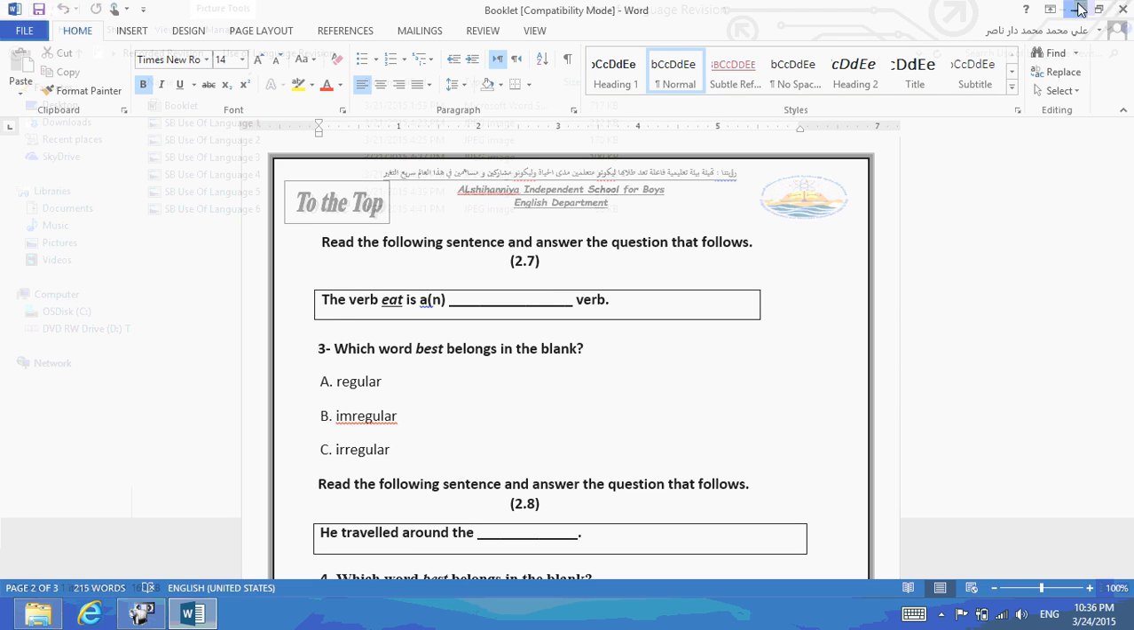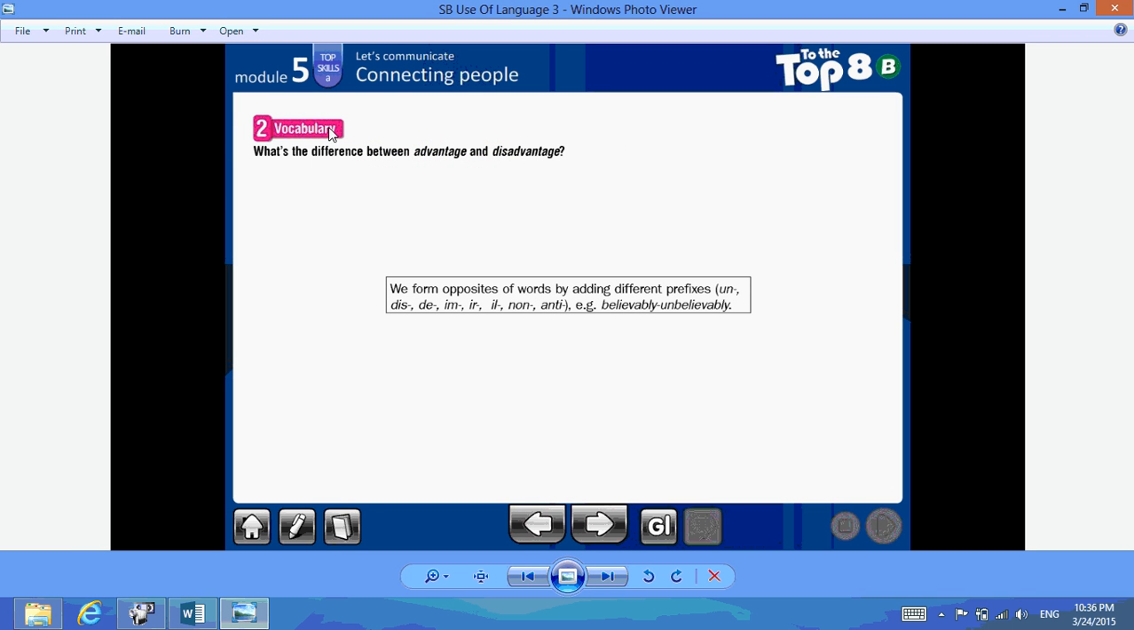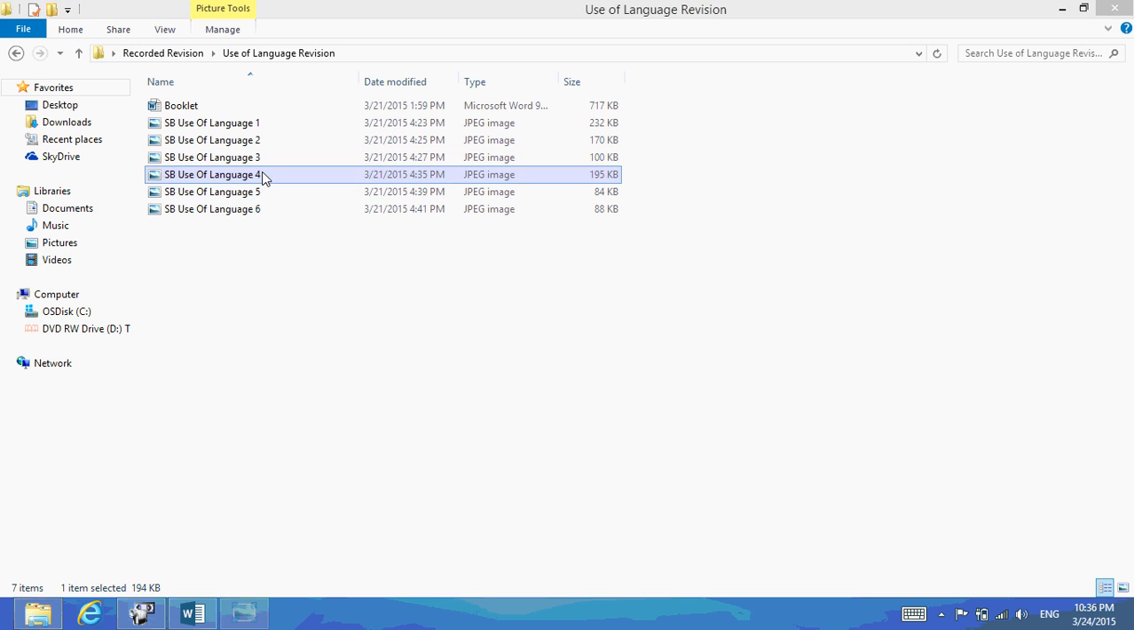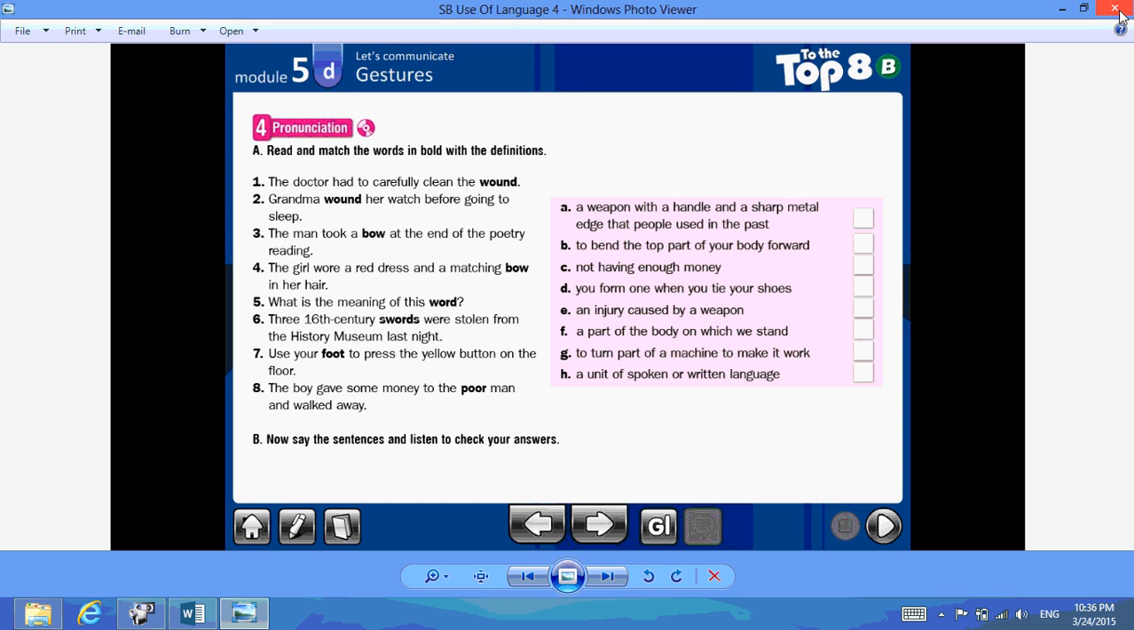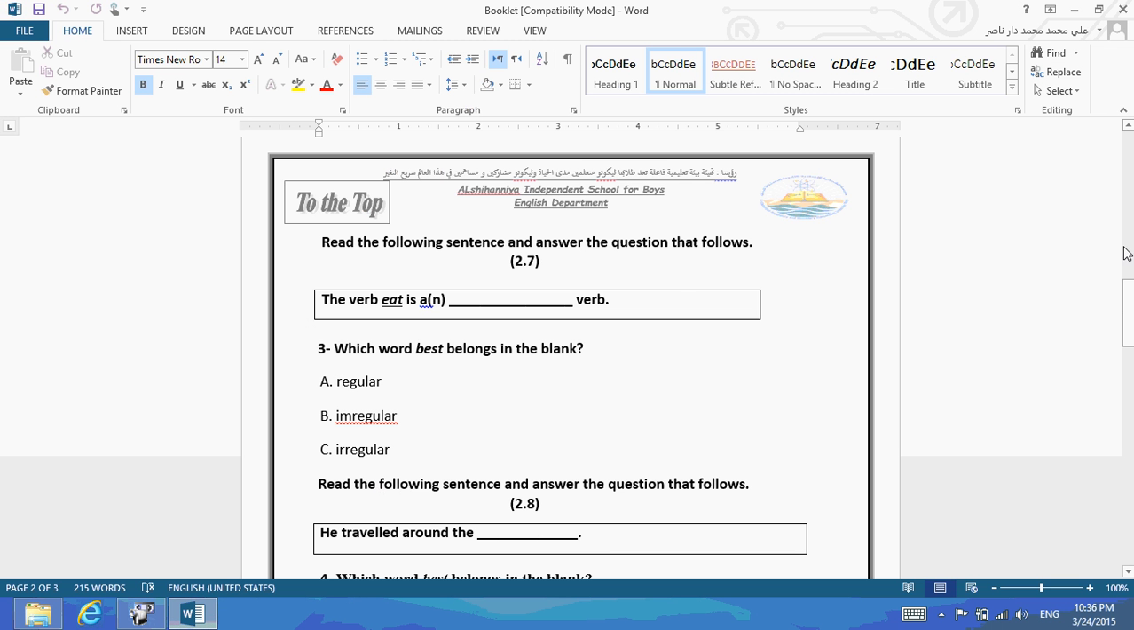A good example taken from a student book related to such kind of question is Vocabulary 2, Module 5, Connecting People. What's the difference between advantage and disadvantage? You see? The fourth item, sorry, it's by mistake. The fourth item